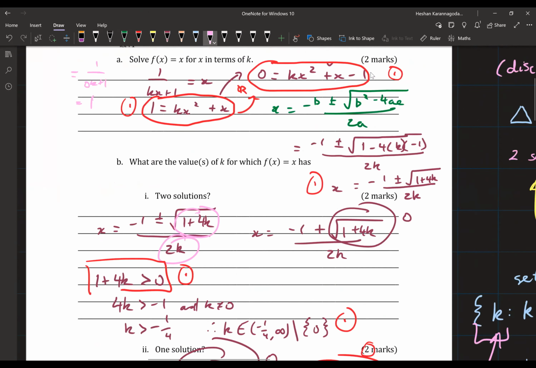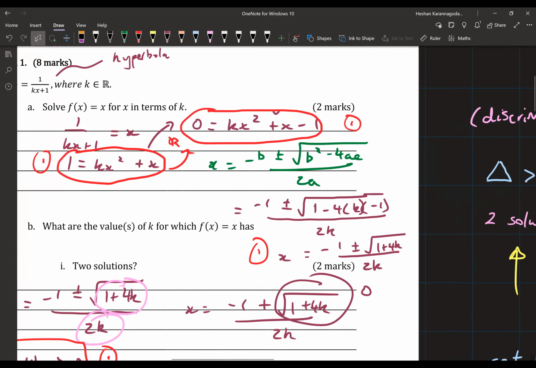Actually, this is interesting. The discriminant is using exactly the same principle. A lot of people don't know this, but underneath the square root is actually delta. You see that? b squared minus 4ac actually comes from our quadratic equation. So instead of doing the same thing twice, we're just using our solution to figure out how many solutions we need. Instead of solving this again, we just solved it previously. So we just use whatever's underneath the square root as our determining factor for 2 solutions, 1 solution, and no solutions. Does that make sense?